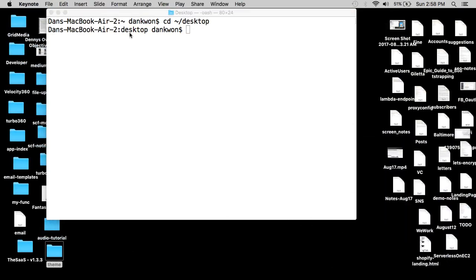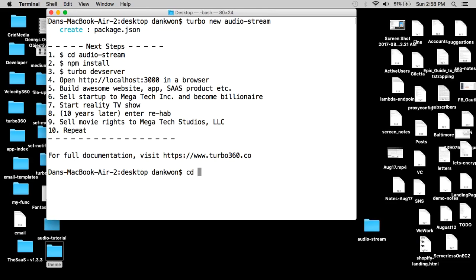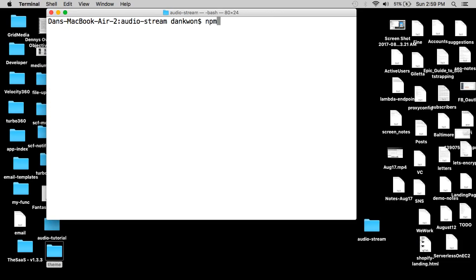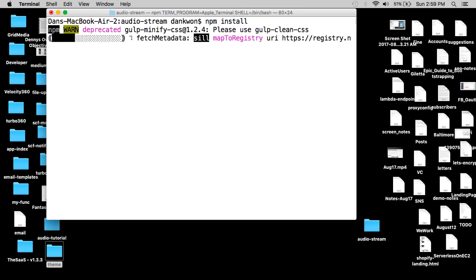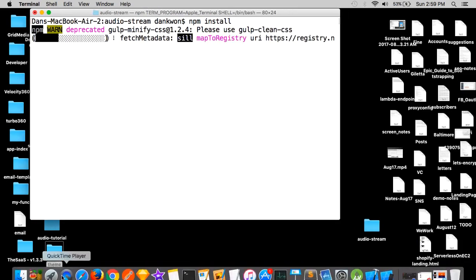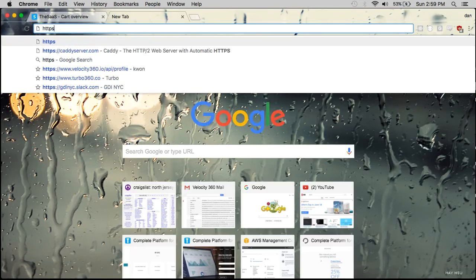So once you have all your tools installed, CD to your desktop, and let's create the Turbo project. So audio stream is what we're going to call it. And then CD into the directory and run the npm install. We are now installing dependencies that this project will use locally. And while that's going, this is a good time to go ahead and create the project on our Turbo account as well. So go to turbo360.co